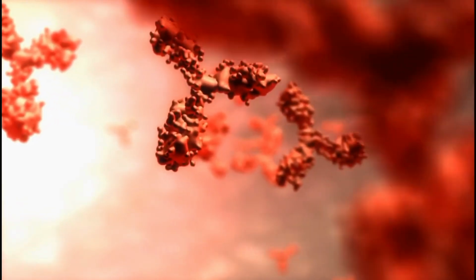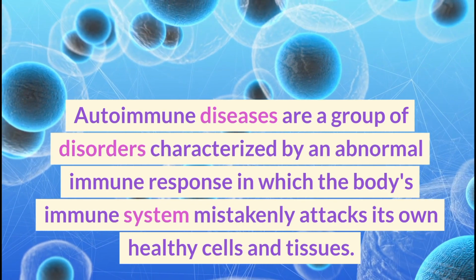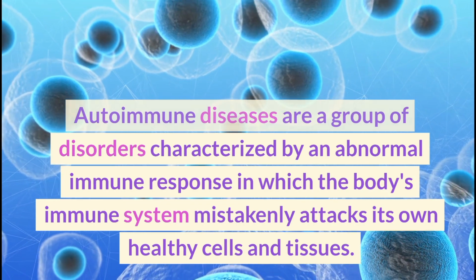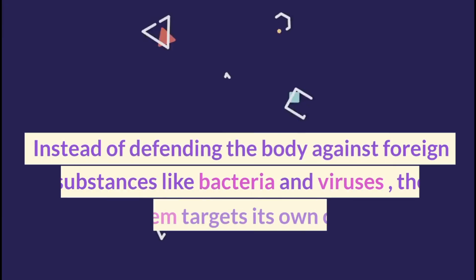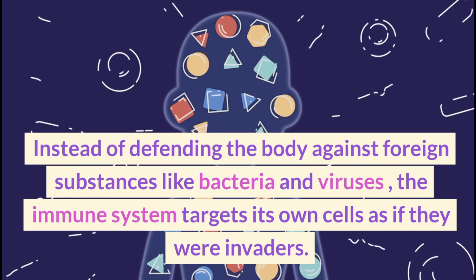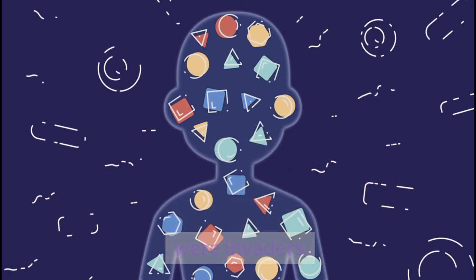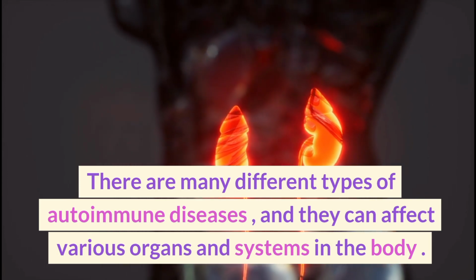Autoimmune diseases. Autoimmune diseases are a group of disorders characterized by an abnormal immune response in which the body's immune system mistakenly attacks its own healthy cells and tissues. Instead of defending the body against foreign substances like bacteria and viruses, the immune system targets its own cells as if they were invaders. There are many different types of autoimmune diseases, and they can affect various organs and systems